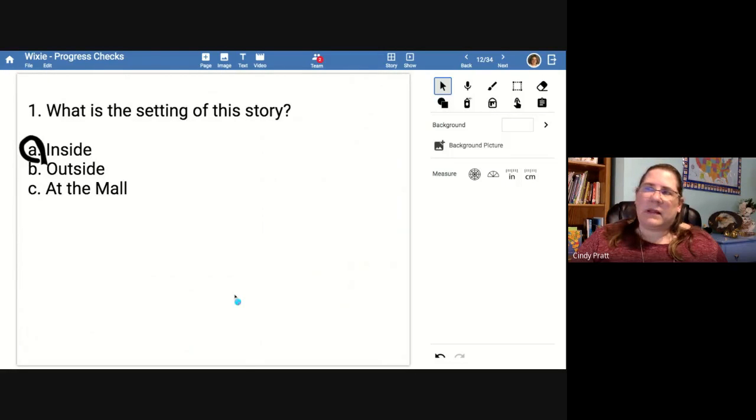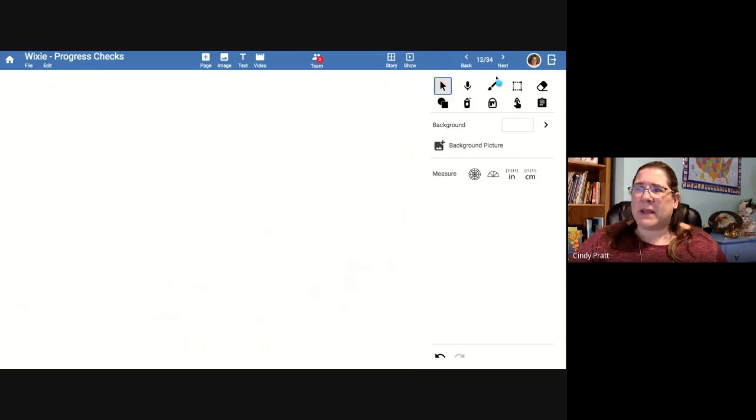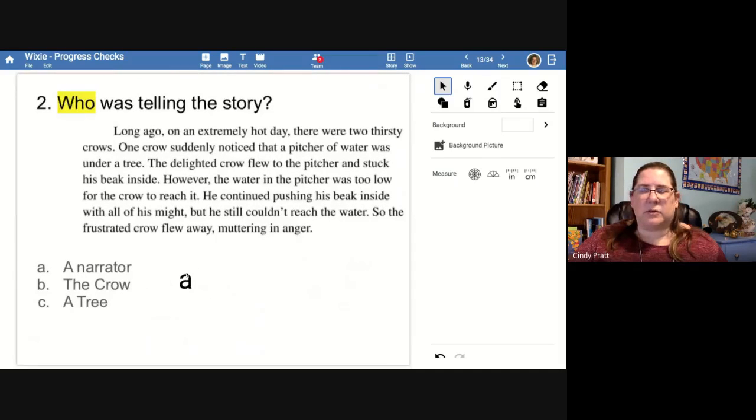The next part of a reading assessment often is comprehension. So I can see right here, she answered, where's the setting of the story? Inside? Well, she missed something in that step because the story is outside. So I understand that she might have gotten a little off there, but she's able to just circle the answer, which is beautiful with Wixie. You get that option. But on another page, she wrote the answer using a text box. So it gives them that flexibility to answer the way they want to,